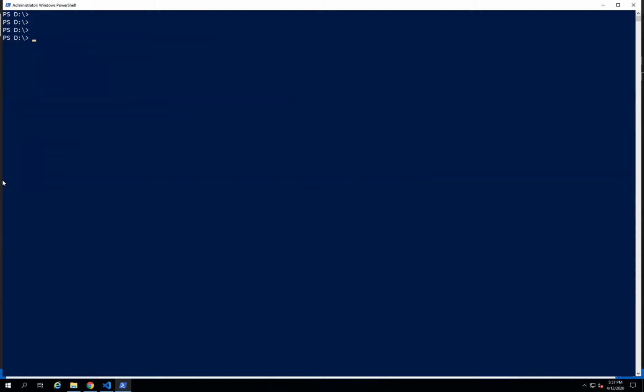So how do we launch a container from the image? docker run -itd. Then I want to specify a host name, Windows IIS container, and then specify a name for this, win_IIS_container_one, and then use this image to launch a container. So with this command, we can run a Docker container.